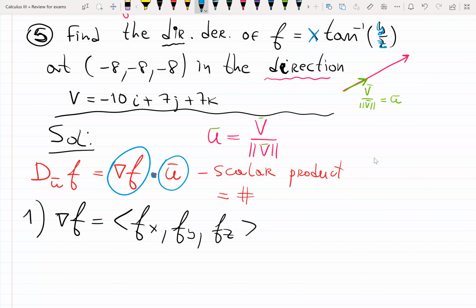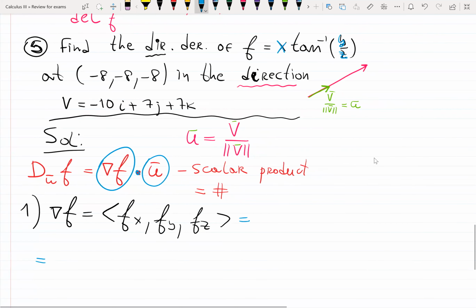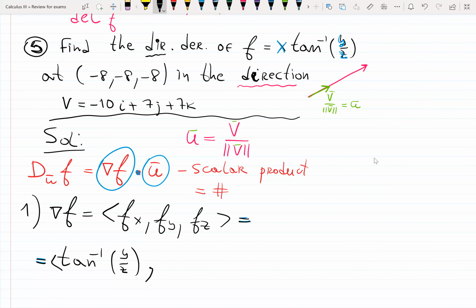With respect to x, that is the best one. With respect to x, it's just x times the constant. So only the constant stays. Arctangent y over z, it's a constant. Now, comma, vector. With respect to y, we differentiate the function outside, which is arctangent, times the function inside, which